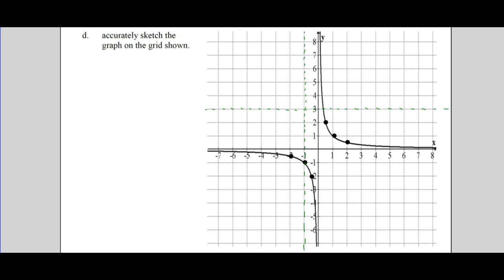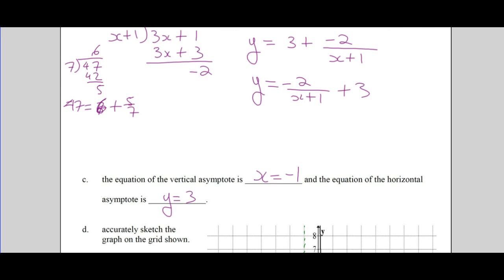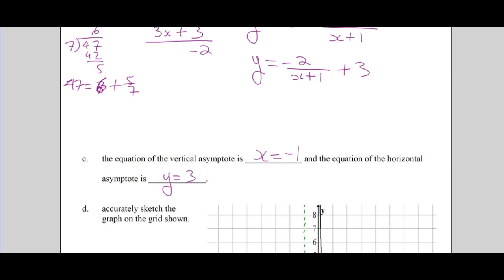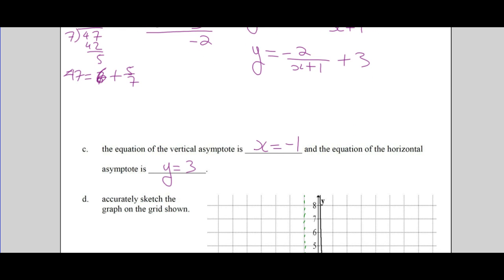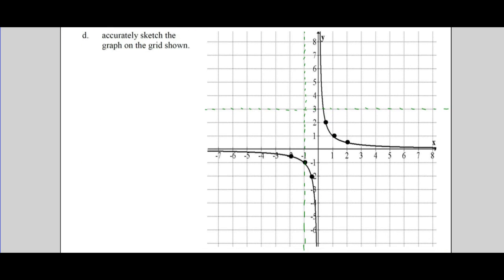Okay, and what's the negative 2 doing now? What kind of stretch? By a factor of 2, followed by a reflection in the x-axis. Okay, now, remember, this thing took shape in its exact position that it was. I'm just going to pretend that it's here,